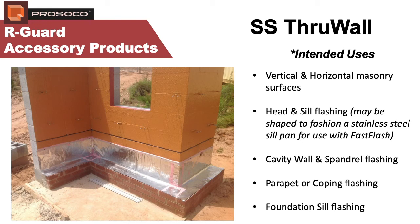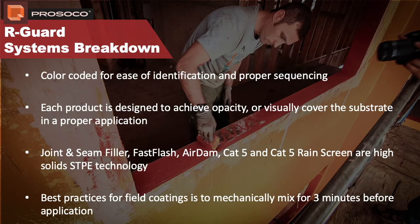Because of our detailing procedures and significant materials compatibility, Proseco will allow the use of other through-wall flashing products on ARGuard projects. At this point, we have reviewed each product in the Proseco ARGuard air and water barrier products line. They each have their own features, but there are common threads that we will identify here which impact quality control. These include that